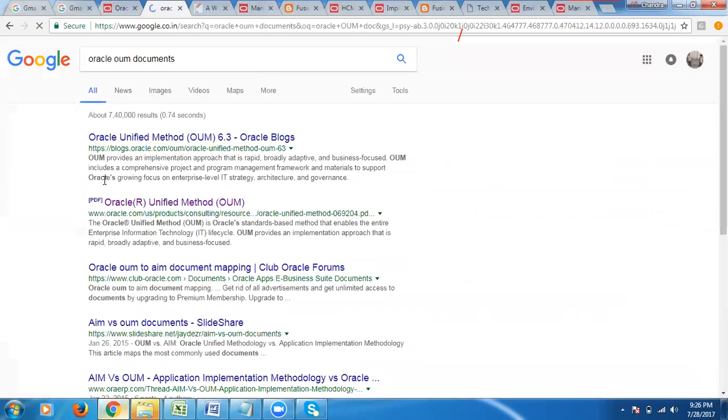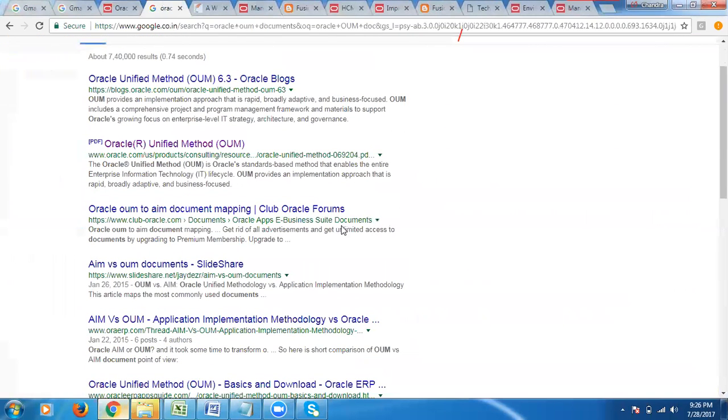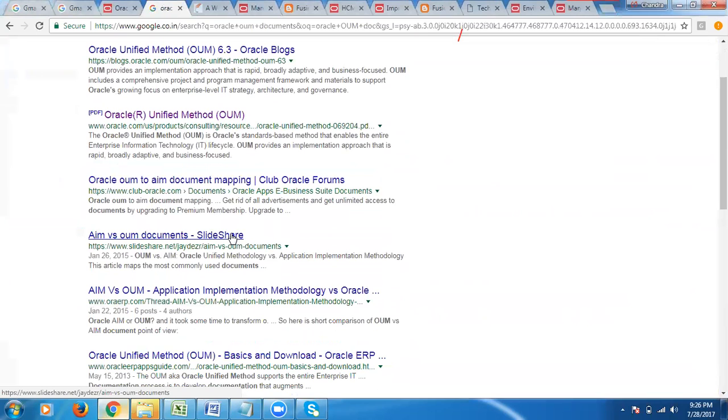So go through this. This will be used. So we have to say we have prepared the requirement document this way. Yeah, go through these documents, OUM methodology, then you will get an idea of this. Okay. Next,